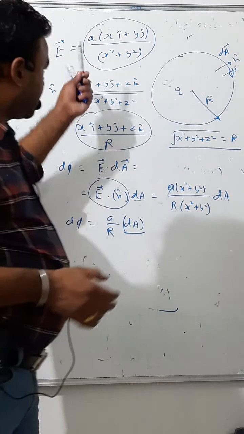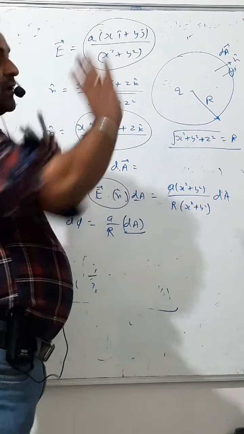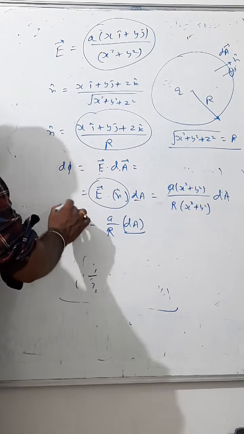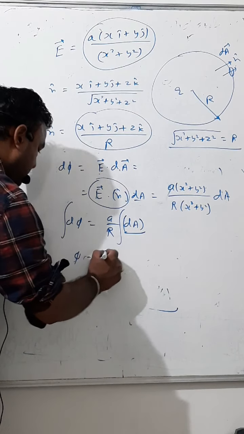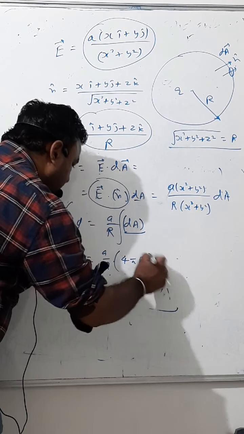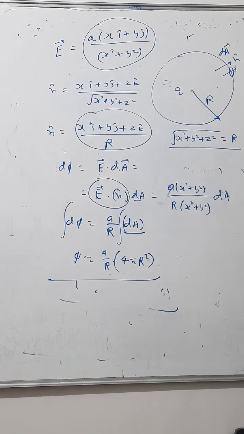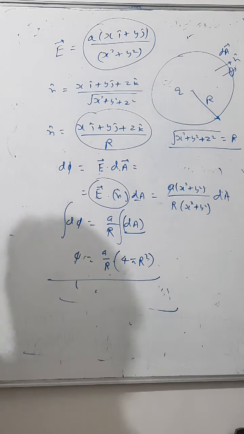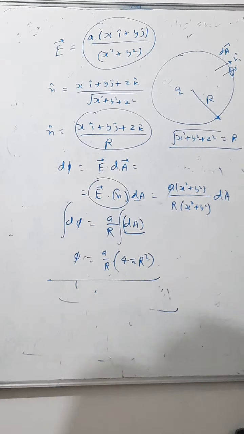Now for this given charge you can calculate the flux through any of the area given. If I calculate for the complete area, then what is the flux? A by r into 4 pi r square. It should be q by epsilon naught. This is the flux through